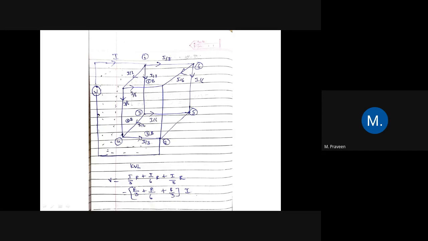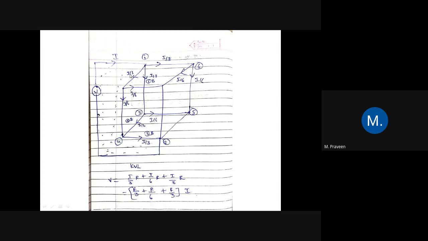So in 1 already we have the current as I by 3. So V is equal to I into R. So current is I by 3. Resistance value is generally all the resistance are R. Already it is given as 1 ohm. So that's not a problem. We can straight away write R value as 1, or we can write as R. Okay. So I by 3 into R is the voltage in 1 plus now refer 3.